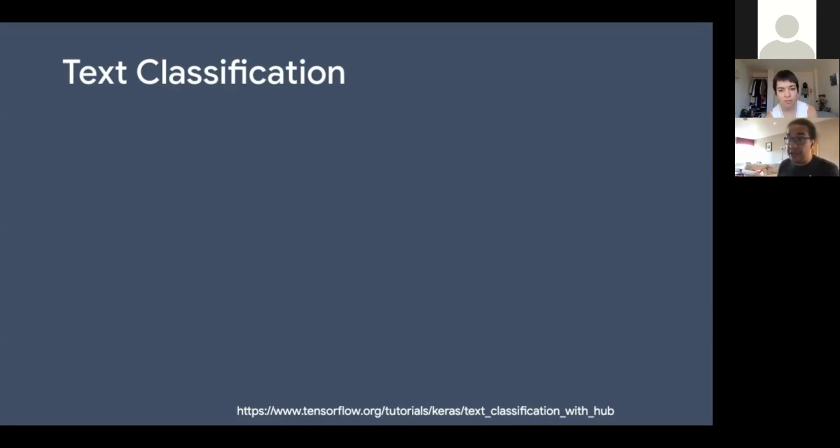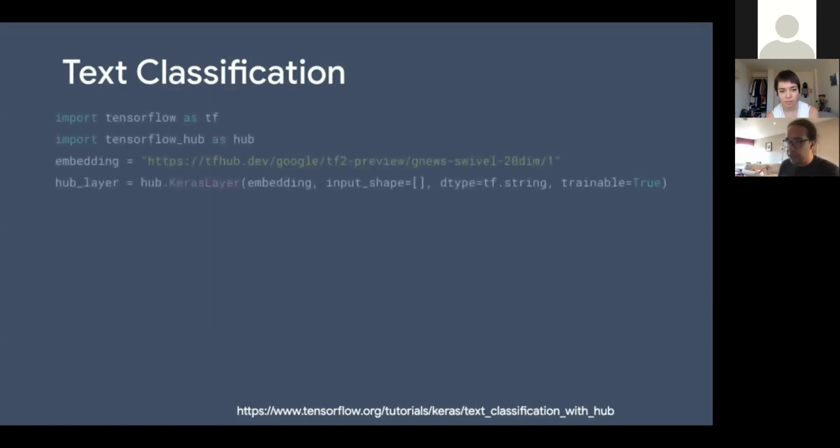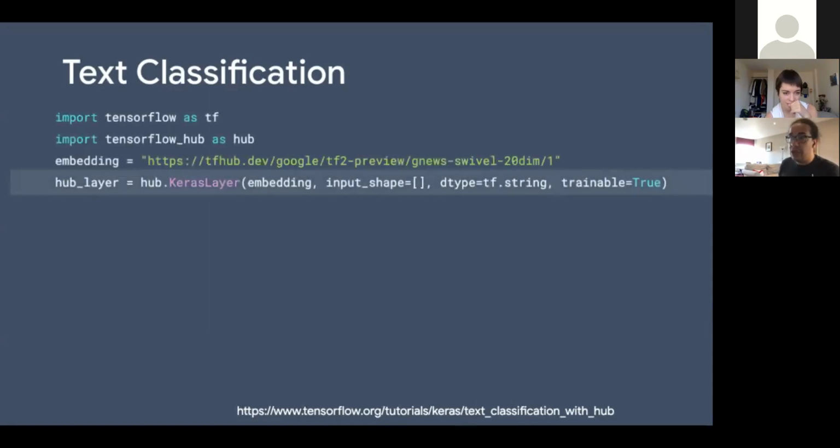And TensorFlow Hub has multiple embeddings in multiple languages that you can use. We have one here, specifically the Gnews Swivel. It's not the best one, and it's not the best one because if you look at the handle there, there's a 20 dim, that's for 20 dimensions. So imagine we put these words in 20 dimensions in space. It's very hard to imagine 20 dimensions, but try.